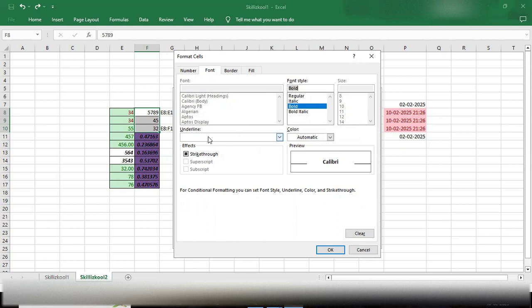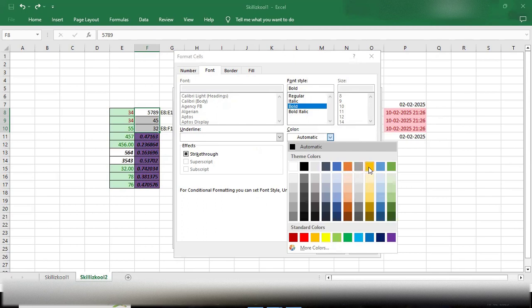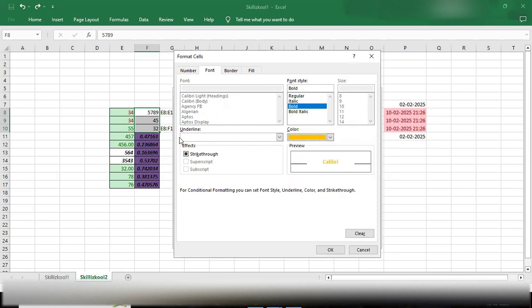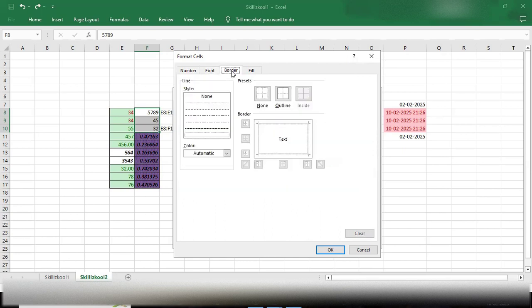Size and color would be yellow. Okay. So I can use the color of the font. And if you want to use strike through, then it should look like this. Okay, so I'm using this strike through, and